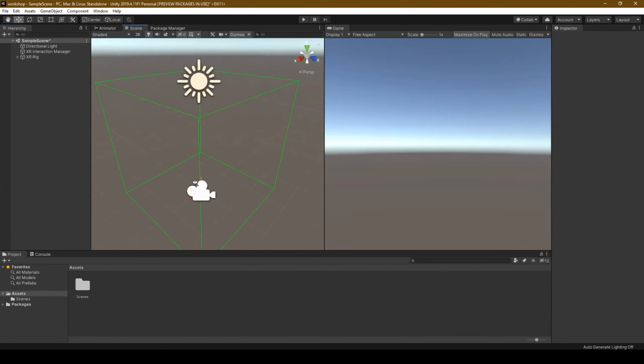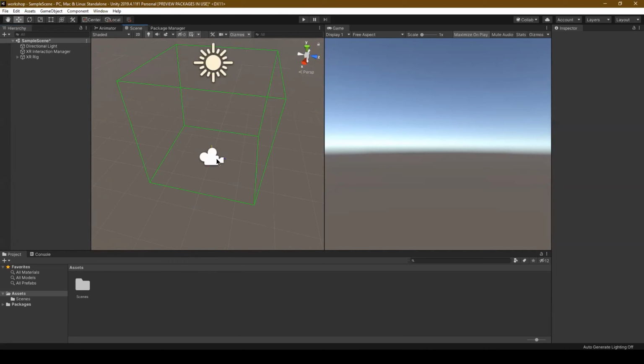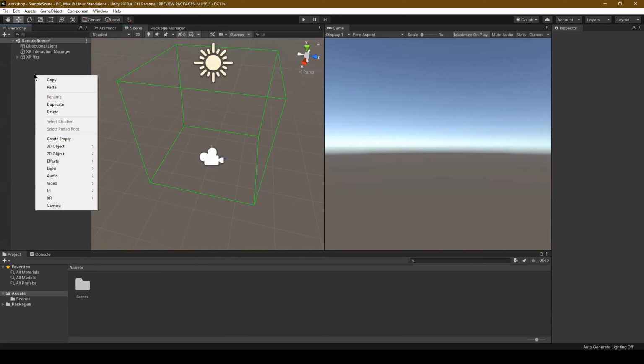And you're going to see a box with green lines and a camera in the middle. That is your VR camera, and this essentially represents the space that you're going to move in. So the next step is you're going to make a ground so that you